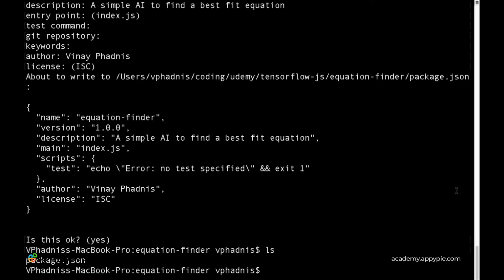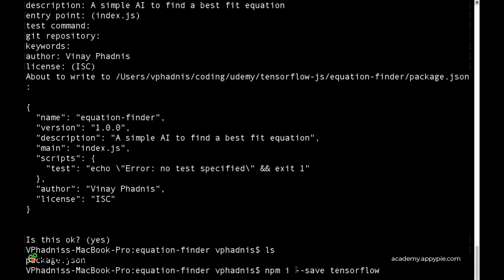Now to do that, we have to again use the npm command line. Type in npm i, which stands for install, then the --save flag, and after save we put in tensorflow, so that npm installs TensorFlow.